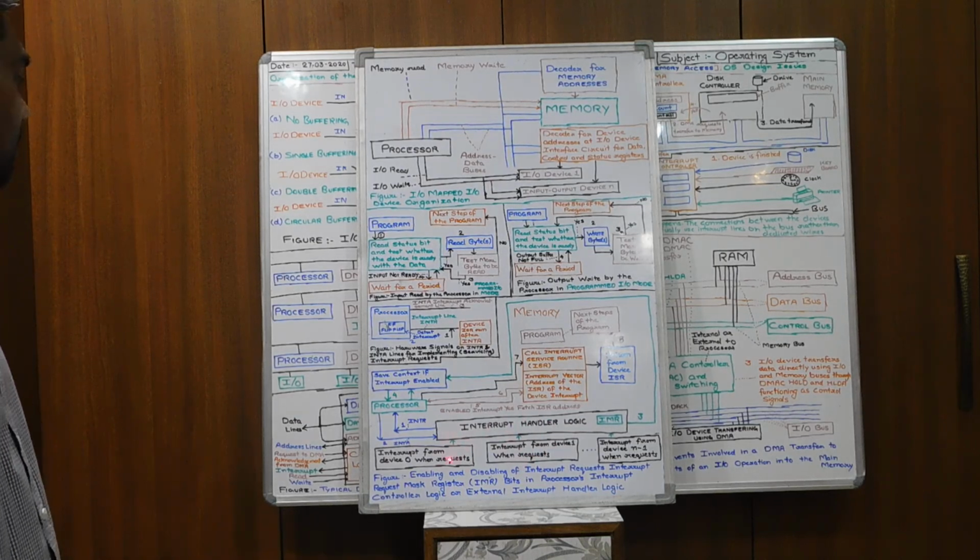So the interrupt could be from device 0, from device 1, from device n minus 1, and this interrupt request goes to the interrupt handler logic, and then in the INTR line, the interrupt handler forwards it to the processor,